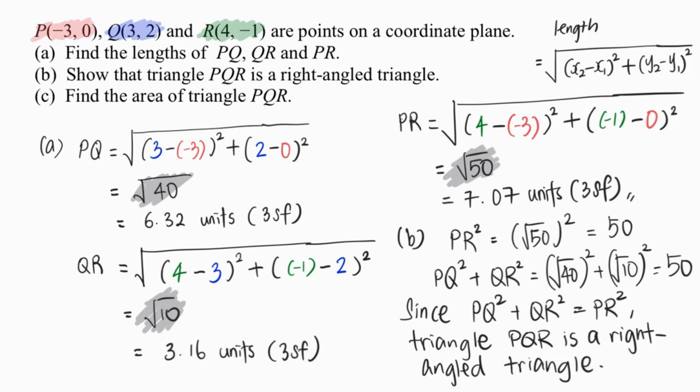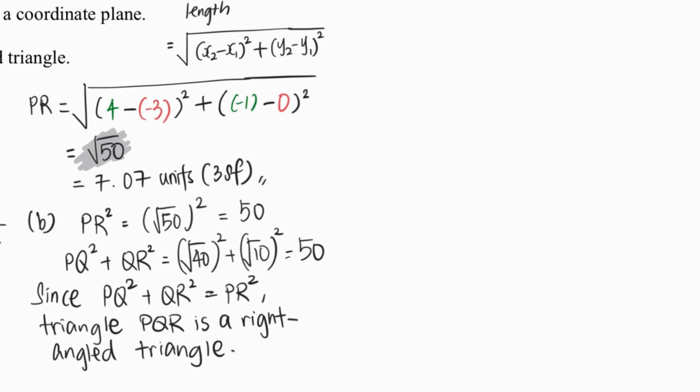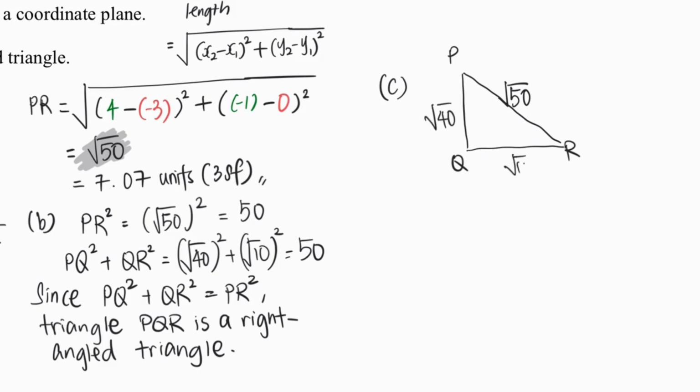be able to find the area of a triangle easily by, let me just have one more space as I go to this side. And I'm going to just draw this sketch. Longest side will be square root 50, sorry. So if this is P and R and Q, PQ would then be square root 40, QR square root 10, not drawn to scale. And with this, I would then be able to find the area of this triangle,